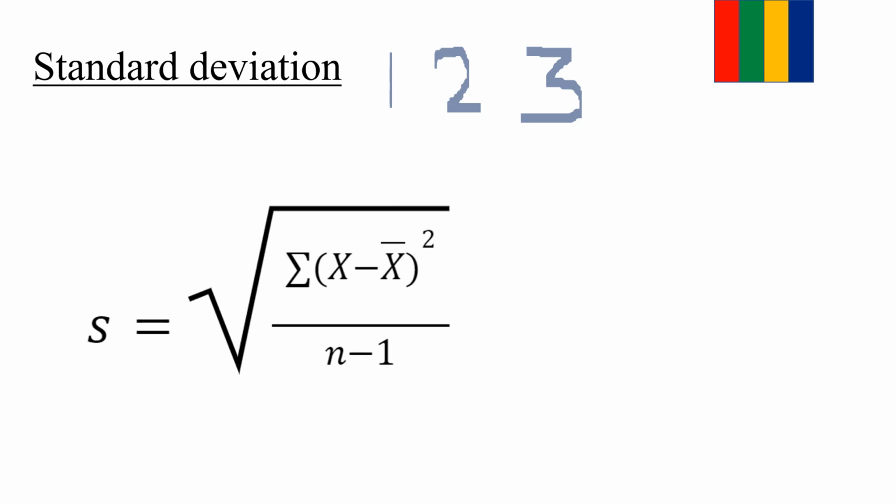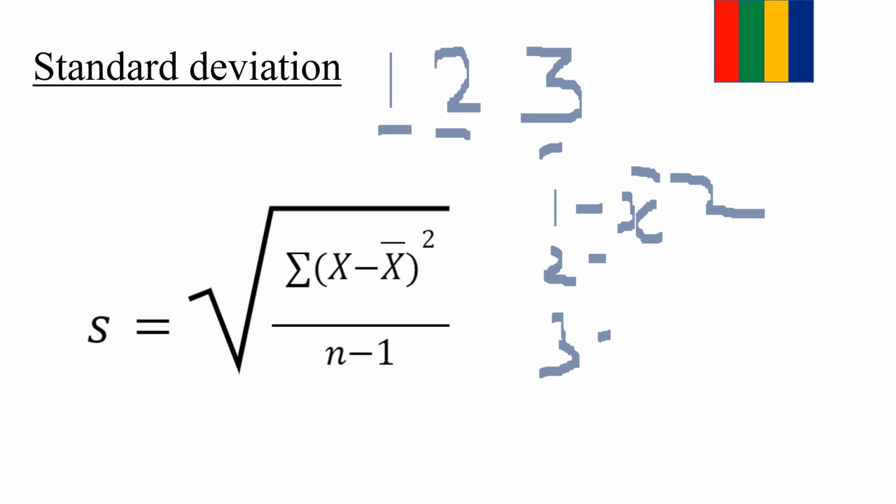We're looking for the sum of each value 1, 2, and 3 minus the mean x bar squared, and we are going to calculate that for each value,